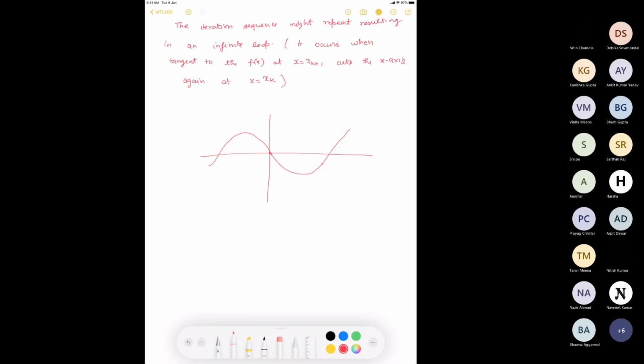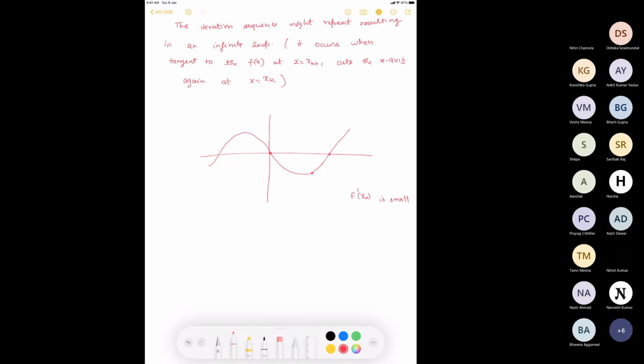So I know that this is my root here. If I choose my x naught in such a way that f prime at x naught is very close to 0, so we have this assumption that f prime of x should not vanish. But suppose I end up choosing my x naught in such a way that f prime of x naught is very small,